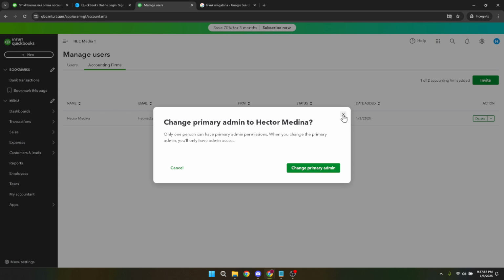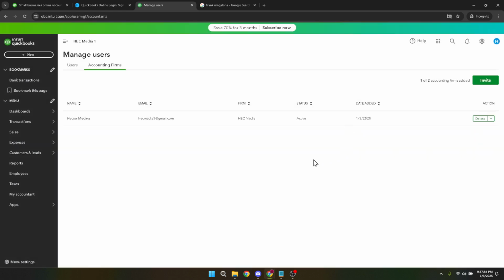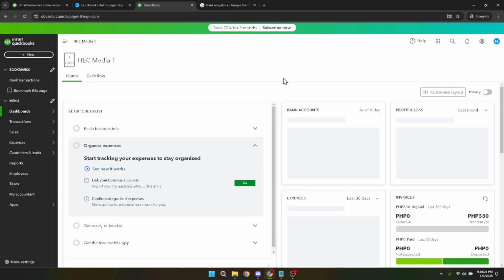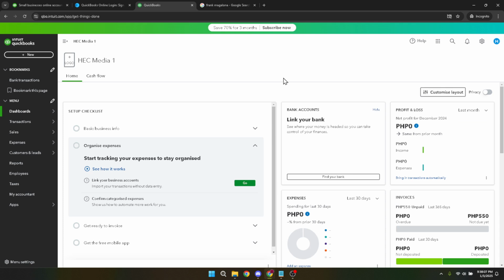A few additional tips to ensure smooth sailing. Always double check that you're selecting the correct user as the new primary admin. It's a change that carries significant responsibilities, so it's crucial that the chosen individual is willing and able to handle the role. And there you have it, a step-by-step guide to changing the primary admin in QuickBooks. This change can help streamline operations, ensure that the right individuals have the correct level of access, and potentially tighten security by keeping your account under the supervision of the most appropriate person.